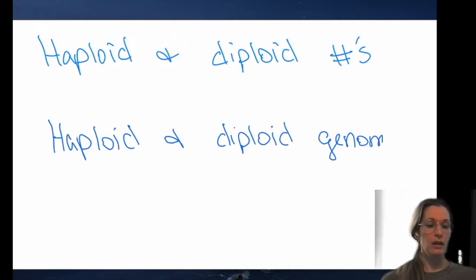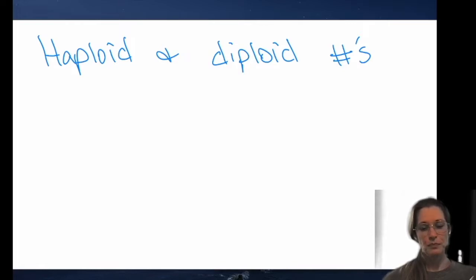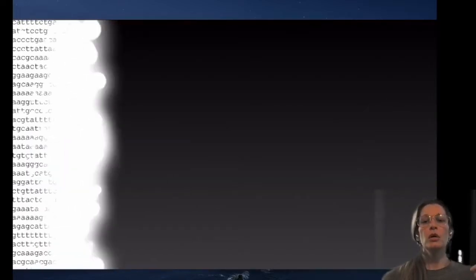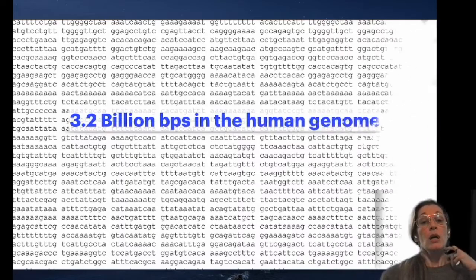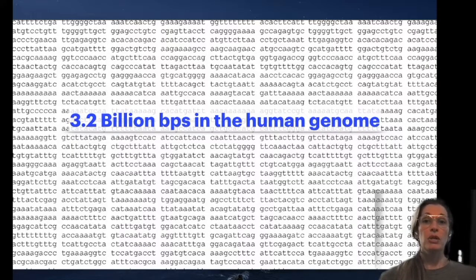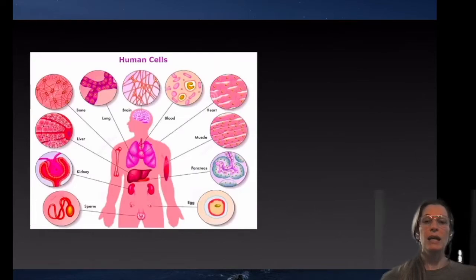So we've talked about this, thinking about it at the level of a single cell. Now we're going to extend that out and apply these terms that we've learned to the entire genome. I told you in an earlier lecture that there are roughly 3.2 billion base pairs in the human genome, and that's true in all of your trillions of cells. You have roughly 3.2 billion base pairs in every single one of your cells, and that's absolute truth. But as you already know